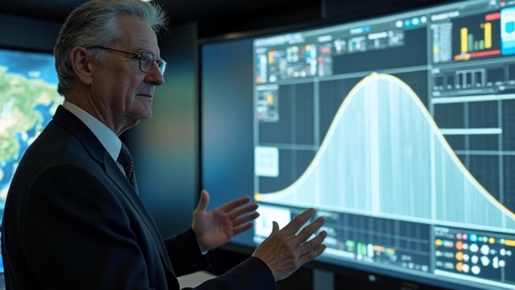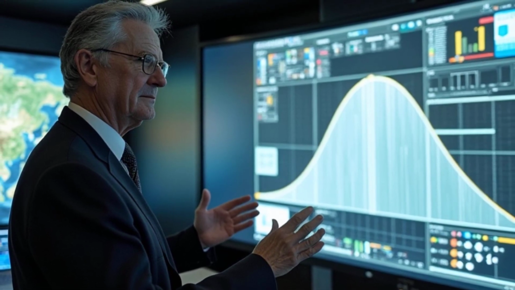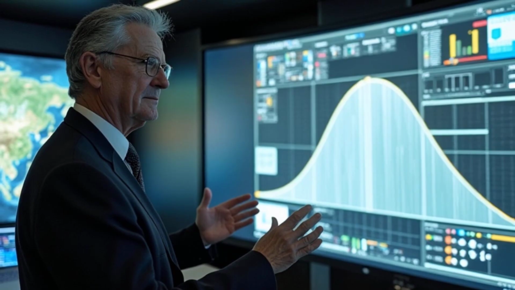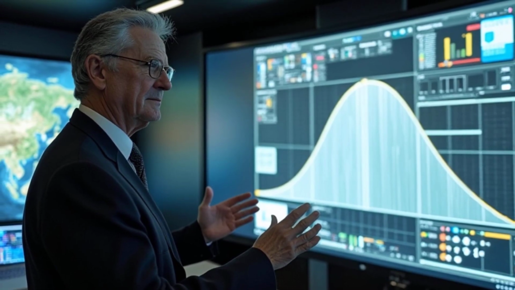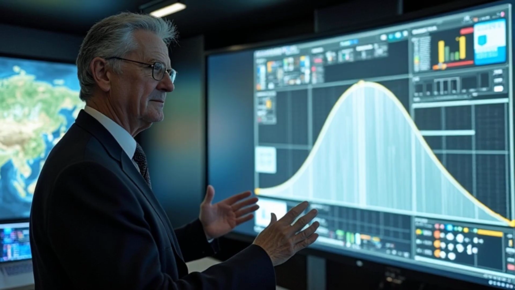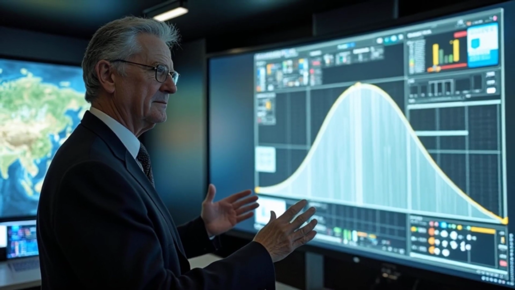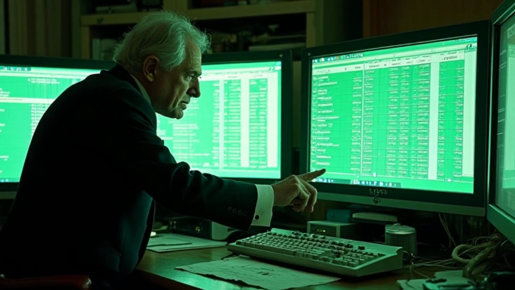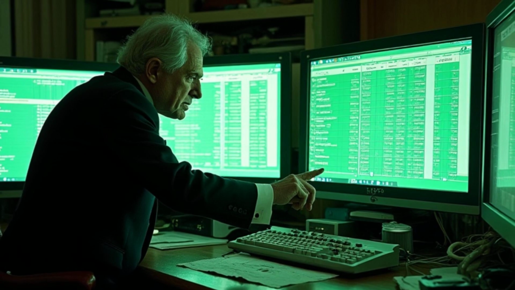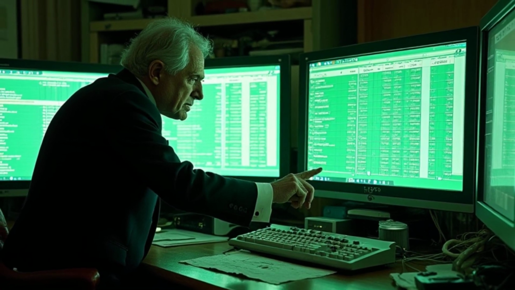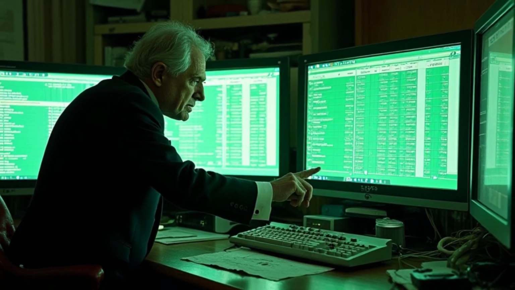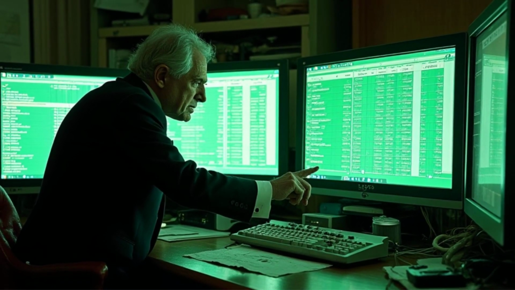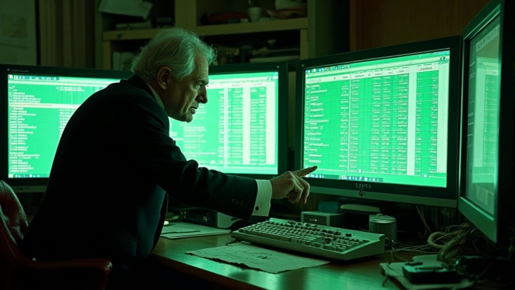The legacy of mathematical warfare didn't end with World War II. If anything, it was just getting started. During the Vietnam War, McNamara brought his bell curve obsession to the Pentagon as Secretary of Defense. He demanded statistical measurements for everything: body counts, kill ratios, progress indicators. The war became an exercise in applied mathematics, with success measured in spreadsheets rather than strategic objectives.